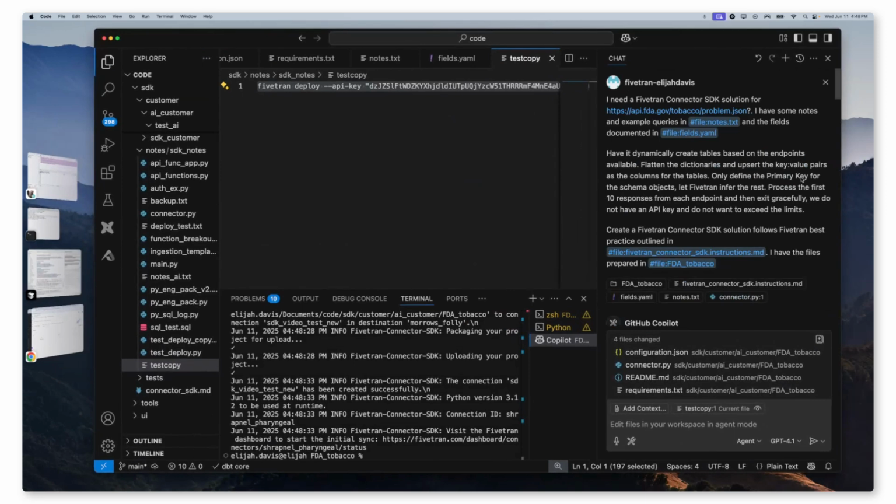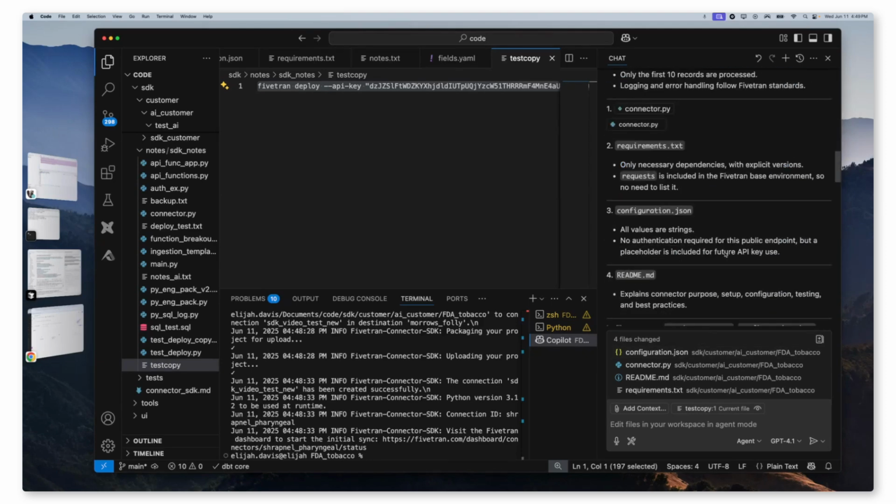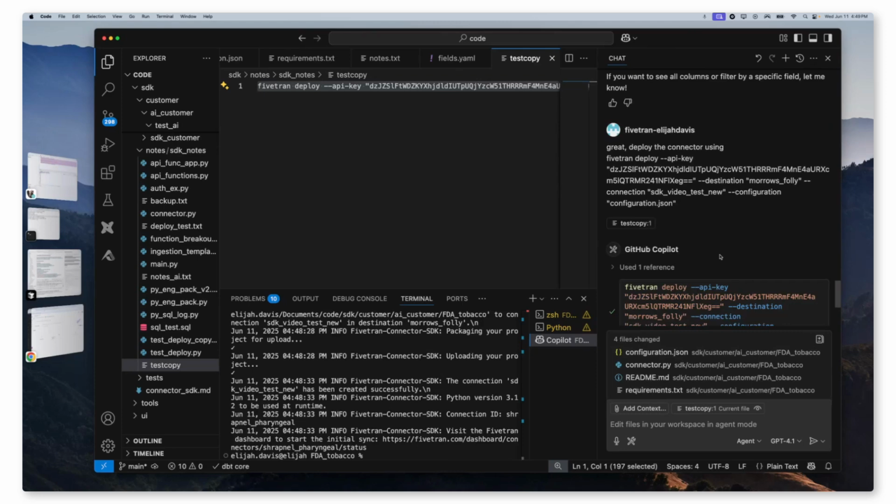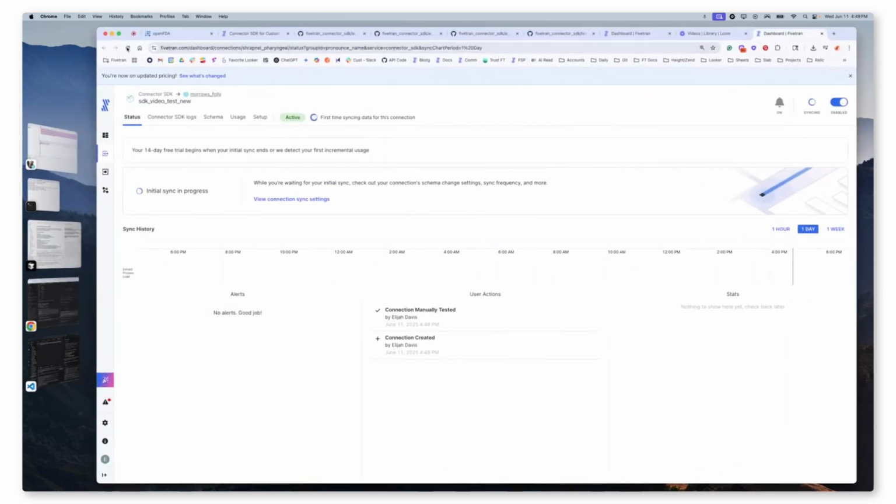So in this example, we took a contextually driven prompt that we seeded with information from a system instruction file made available in the Fivetran Git repo. We also created a custom notes.txt full of pertinent information that we deemed relevant for our connector SDK build. We also added documentation that was available online to give it more context on the fields that were available. We then asked it to create this connector and successfully tested it in the chat by asking the agent to run these commands. Not only that, when it encountered errors with what it was doing, it was self-resolving to the best of its ability,